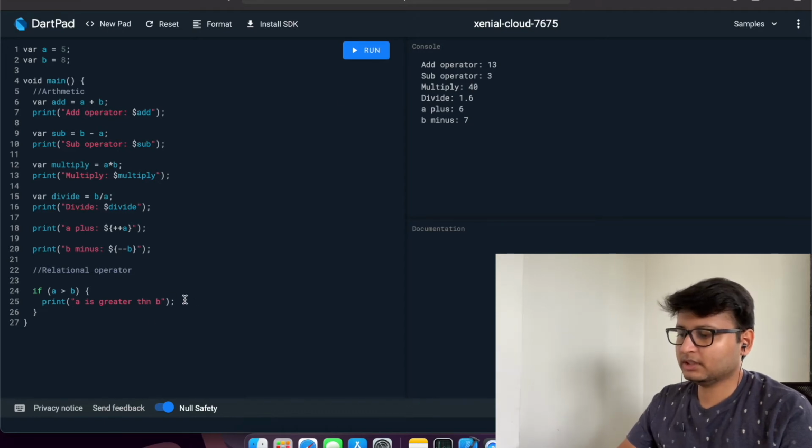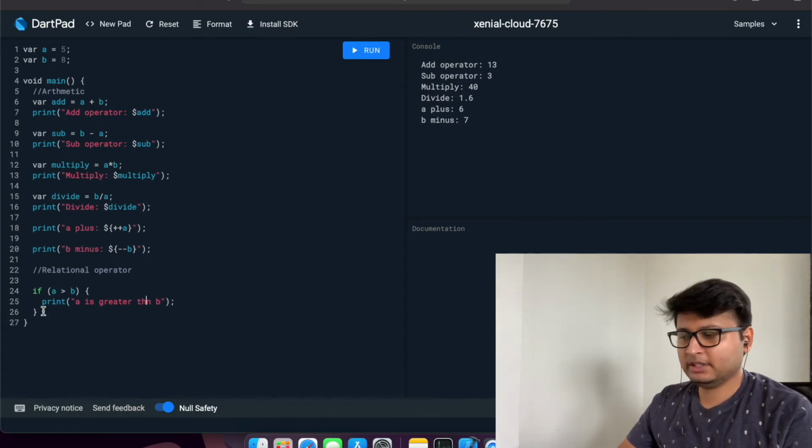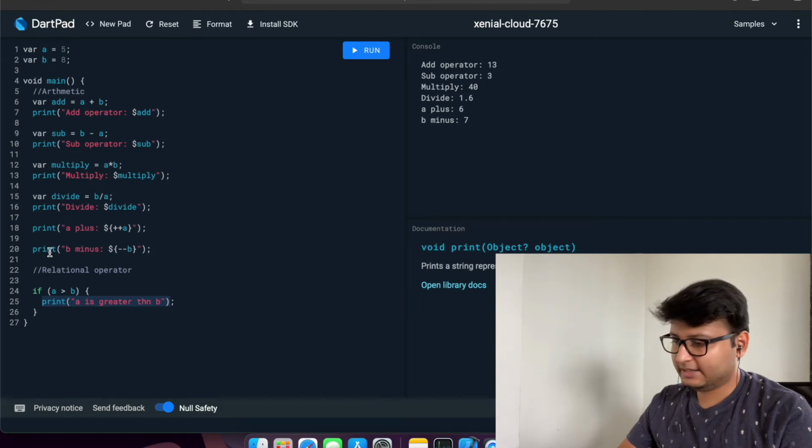So nothing is printing here, because you know the reason. We are applying a is greater than b. If a is greater than b, then execute this statement. But here we have the value 5 for a and 8 for b, and 5 is not greater than 8. That's why this print is not getting printed.